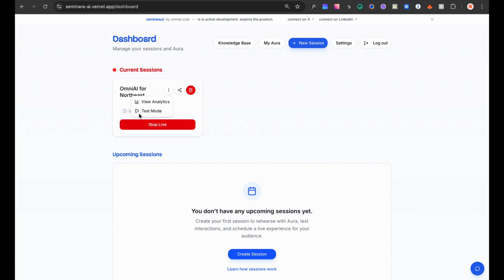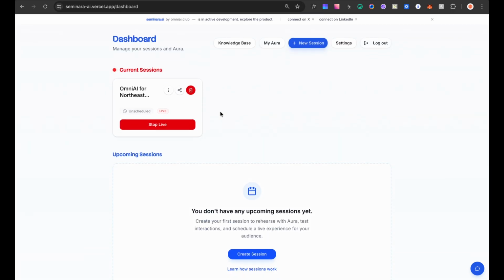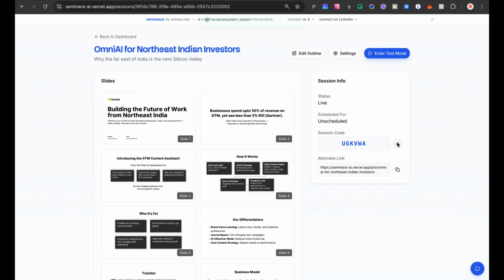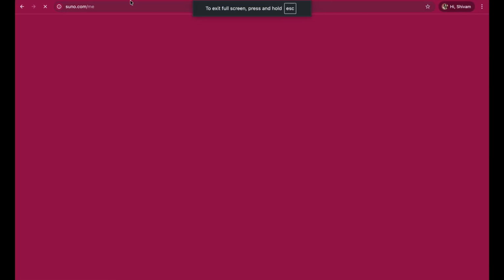And you can go back to the test mode from here, and you can view session analytics from here. And that's basically it. This is the entire platform. Maybe the last thing I can show you is how the live experience looks for an attendee. So the easiest thing for me to do now is take this session code and join this session from a guest account. So I'm going to select, maybe I'll use this account and